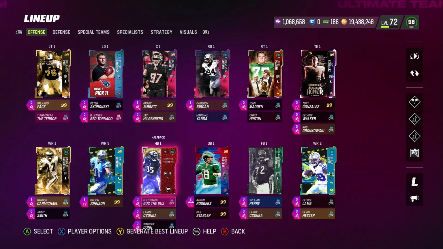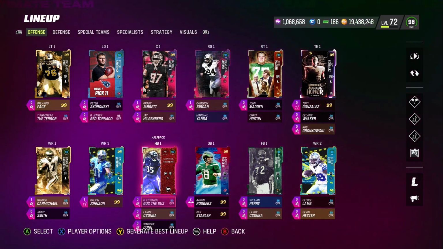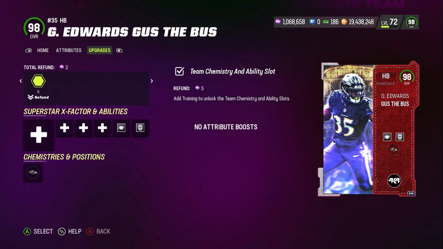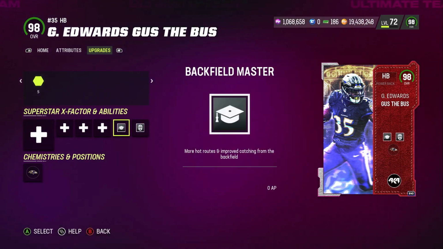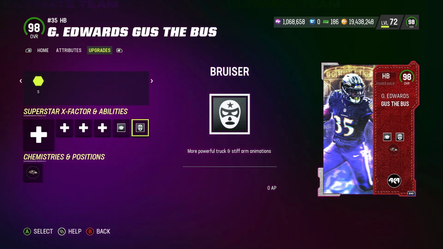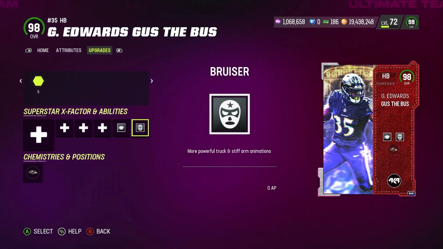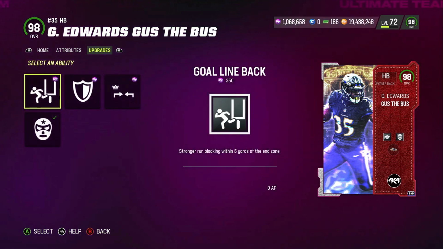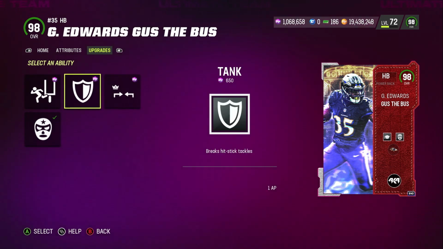At running back, I'm still rocking Gus the Bus. Gus Edwards is running back 1 for me. He's still the best in the game, in my opinion, because he does get two 0 AP ability buckets here, with the Backfield Master for 0 AP and the Bruiser that we've been trying on him for 0 AP. Bruiser is very good when it is used right. Definitely truck the piss out of defenders, and you can also stiff arm the piss out of defenders as well with Bruiser. I had Goal Line Back on him for the longest time, but we went ahead and